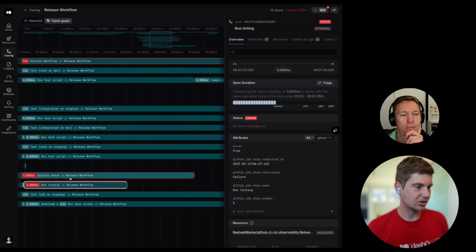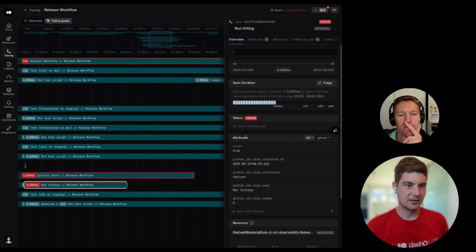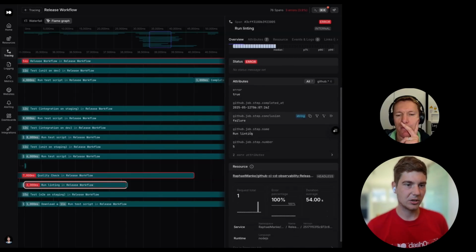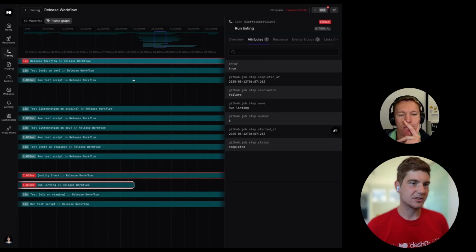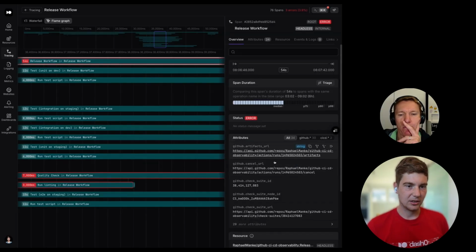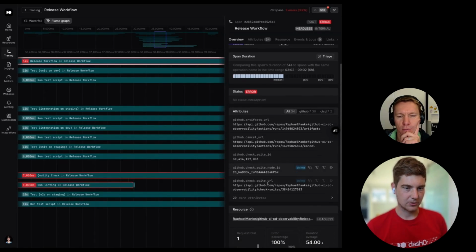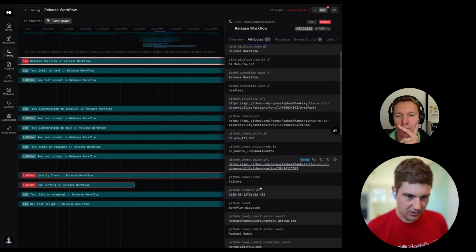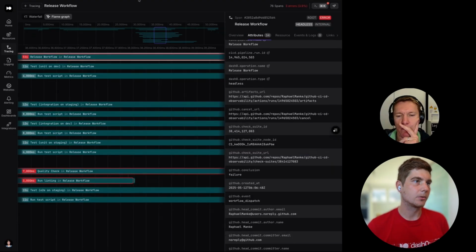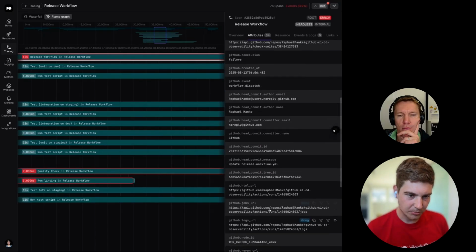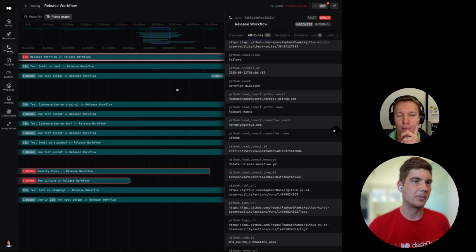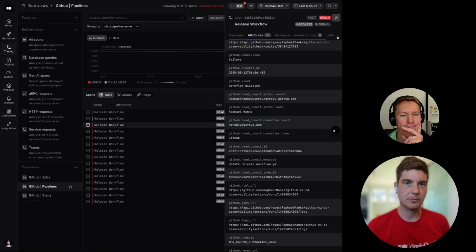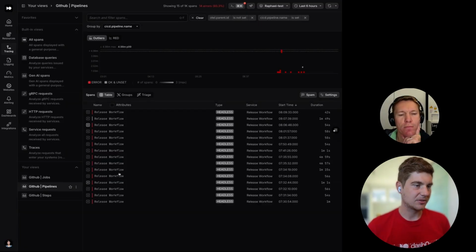You can click on each of these steps in the pipeline and see the additional attributes. Okay, this was a failure. This was step number 5. And if you click on the job itself, you can always go back to the pipeline itself. I think it is the suite URL, while some of the links are the job URL, which would bring you directly to the logs or whatever you need to troubleshoot further. But this is just the view of one trace or one pipeline run; the more power comes in when you